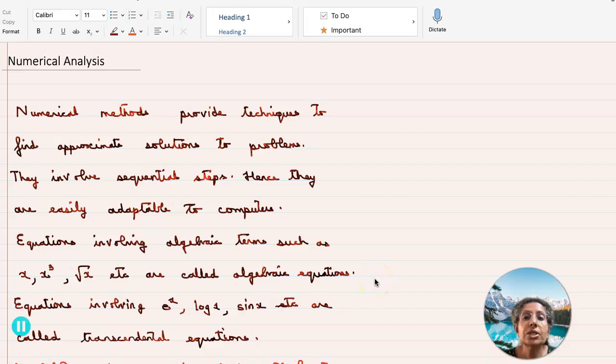So welcome to this lesson on Regula Falsi Method numerical analysis, and this is a very useful method in finding the root of an equation. Now, what are numerical methods? They provide techniques to find approximate solutions to problems, and they involve sequential steps, so they are useful in computer